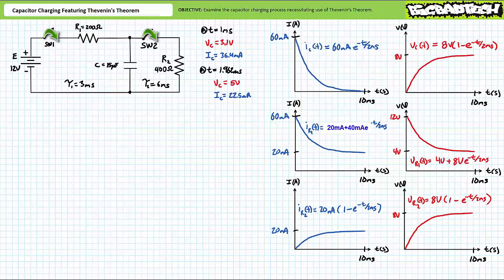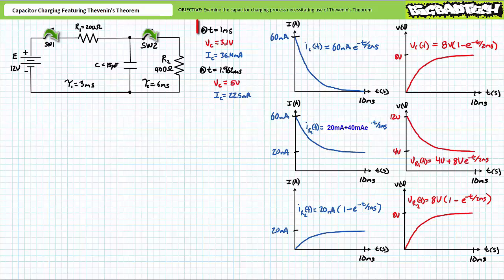This level of analysis needn't be limited to the initial and final conditions and time-variant expressions, but can also be extended into the instantaneous analysis at specific times. If you're hard-headed enough, I suppose you could substitute times of interest into all these other time-variant expressions. However, easier and far more reliable methods exist, notably series and parallel circuit properties, Ohm's law, Kirchhoff's voltage law, and